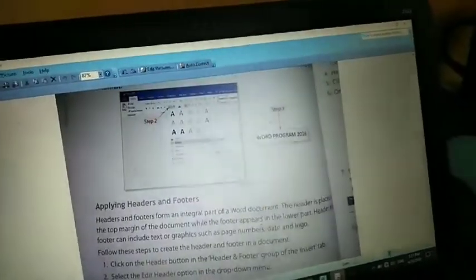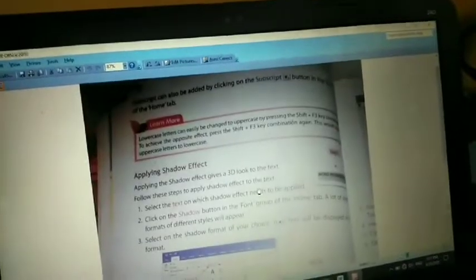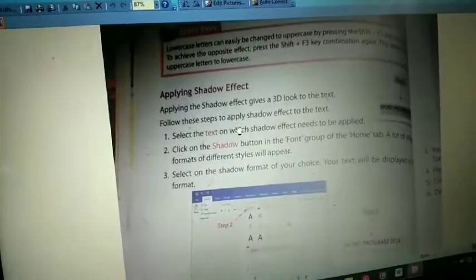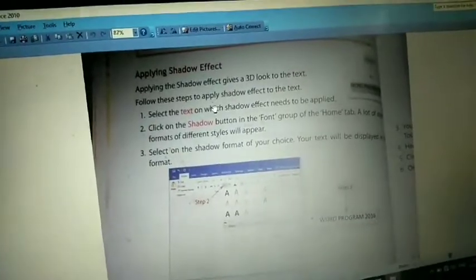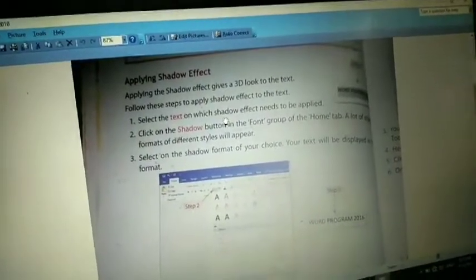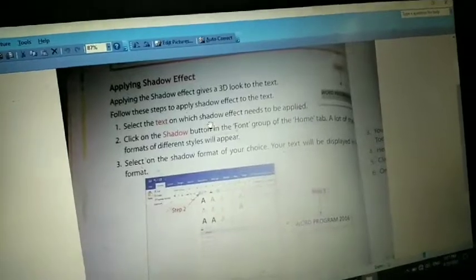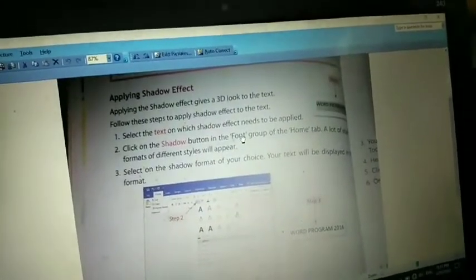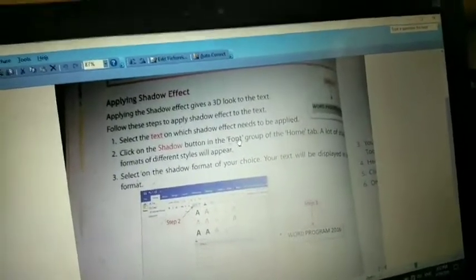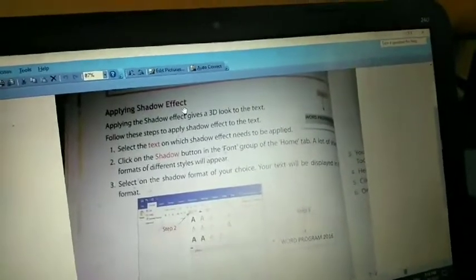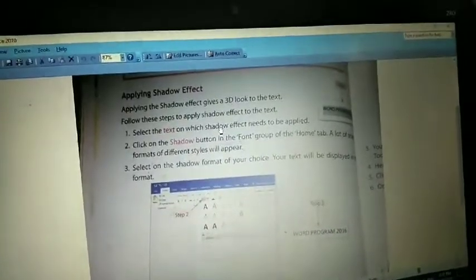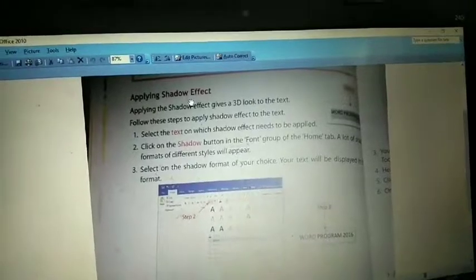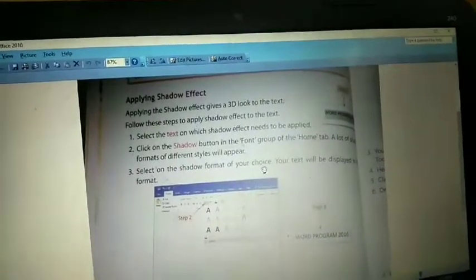Okay, so now we have completed both the superscript and subscript, and now we are moving on to the next heading called applying shadow effect. So shadow means what? You definitely know what is called the shadow. Even if you are standing under the sun somewhere in the open space, you could find under the light, a reflection of any object, that is what is called shadow. Understand? So now we are moving to the next heading, applying shadow effect. I'll show you practically how you have to apply shadow effect to your text.